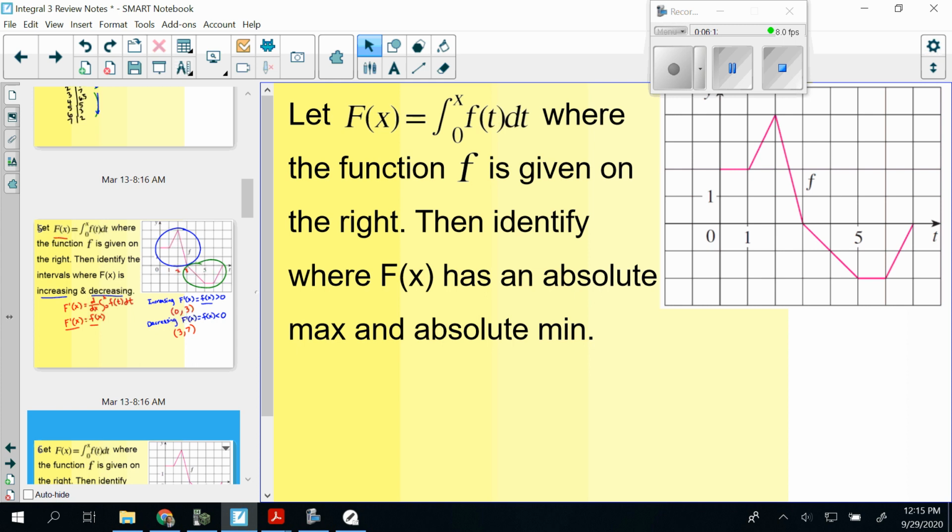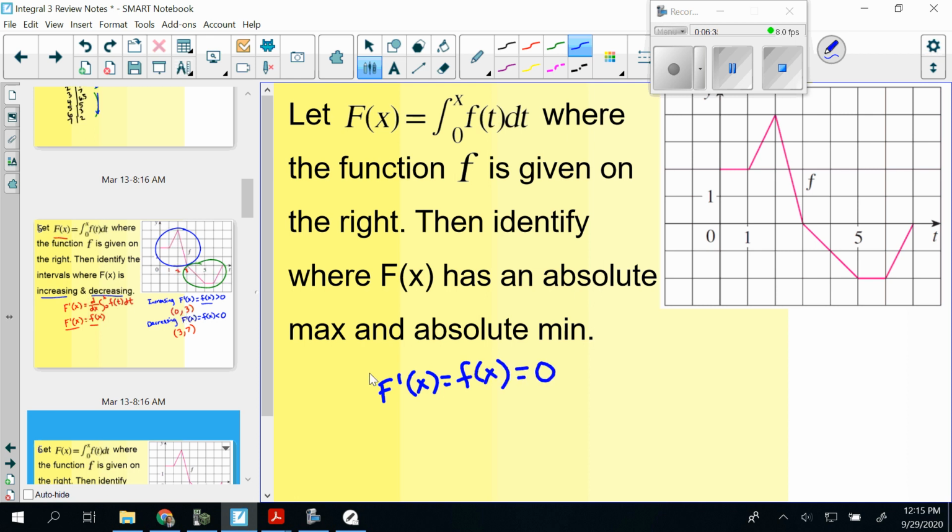Okay, so again, going back to stuff we know, absolute max and mins occur at either endpoints or where the derivative equals 0. Well, by the fundamental theorem of calculus that we just did, we know the derivative here is equal to f of x. So where's that going to be equal to 0? On this one,